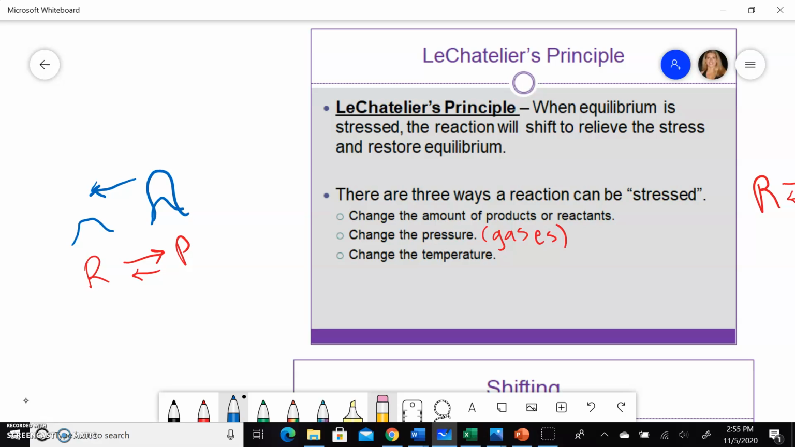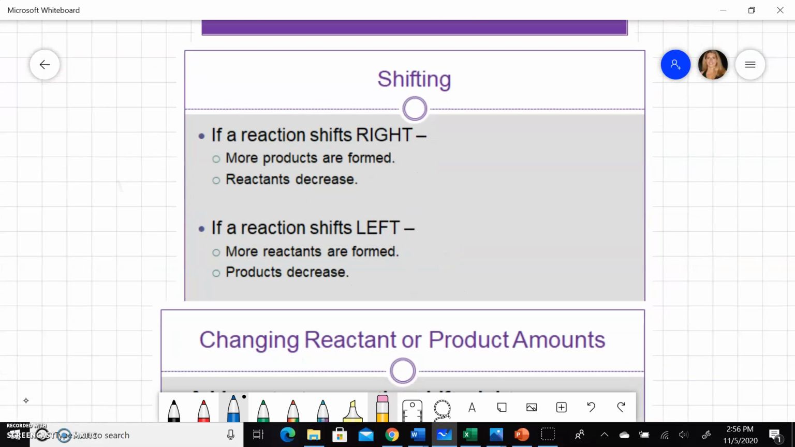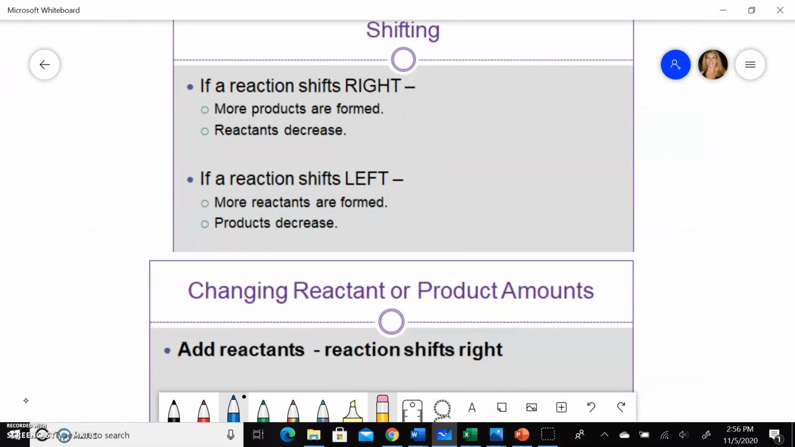So if you can just imagine those sand piles, you can even use your hands if you need to and go up and down, always shift it towards the shorter sand pile, and then you don't have to memorize all the rules. If a reaction shifts to the right, meaning it's going faster in the right direction, it should be products, then in the reverse direction,